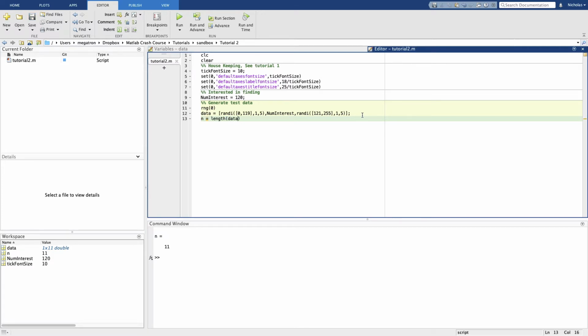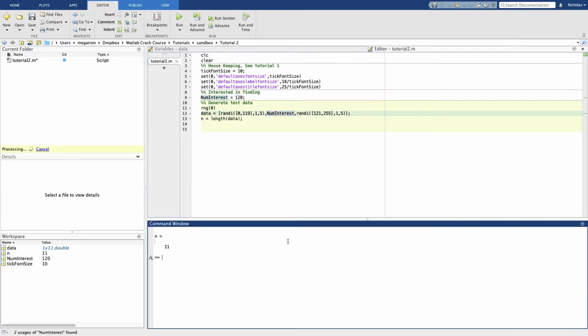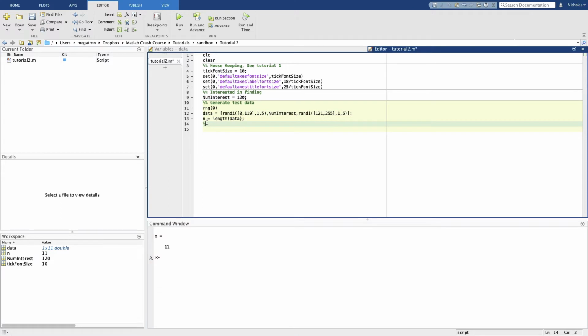There we go, it's 11 long, and we knew that because we got 5 plus 1 plus 5. We're after the number 120, but we know it's always going to be in the middle. This is by design. Every time we generate one of these, 120 is always going to be right in the middle. But later on we'll come back and we'll randomize the order of these numbers and make sure that it still works. So let's put a comment here so we remember to do that. To do